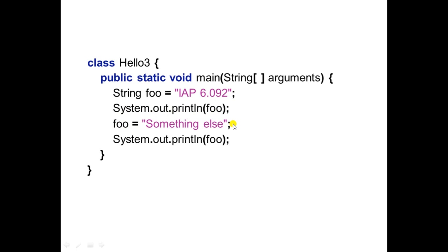The initial value of foo is IAP 6.092. Again, I have overwritten that value with something else. So foo's value will get updated. The prior value will get vanished, and the updated value of foo is something else. And if I am printing the value of foo again, it will print something else.